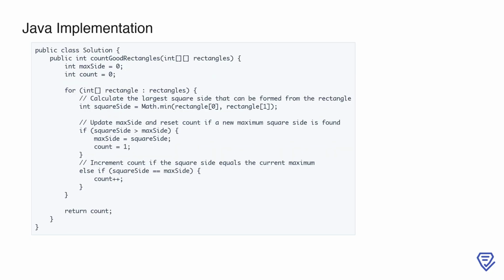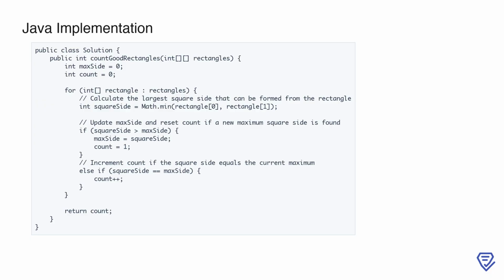This is the Java implementation for the LeetCode problem number 1725, Number of Rectangles That Can Form the Largest Square. The logic is equivalent to the Python solution, where we iterate through the array of rectangles to determine the largest square side that can be formed using the minimum of the rectangle's dimensions. We then keep track of the maximum square side and count how many rectangles can form squares of that size. Key differences include the use of primitive types, Java's math library for minimum calculation, and array indexing syntax specific to